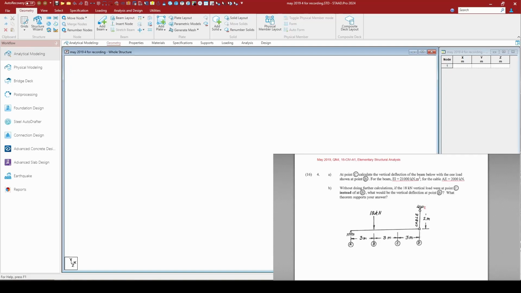Hi everyone. In this video, we are going to solve a problem of elementary structural analysis that was asked in May 2019 exam setting on question number 4. It is asking us to calculate the deflection at point C when a force of 18 kilonewton load is applied at node B. So for solving the problem using STAAD Pro, I have already loaded STAAD Pro in metric version,